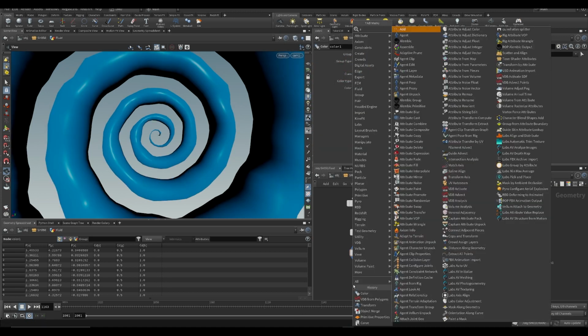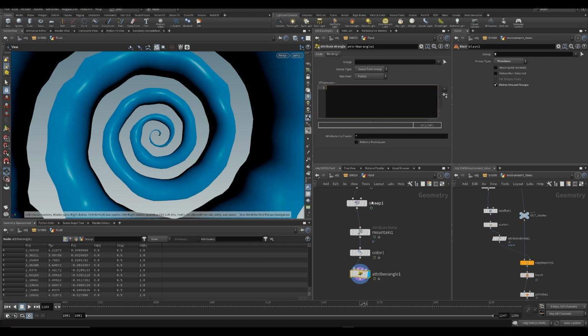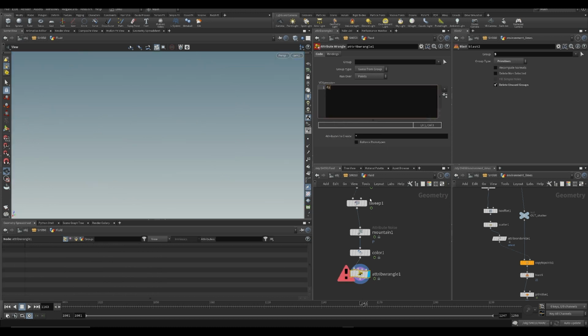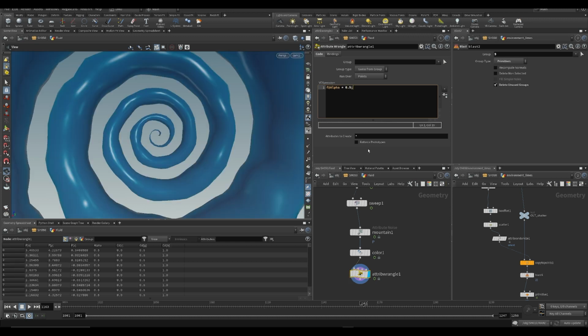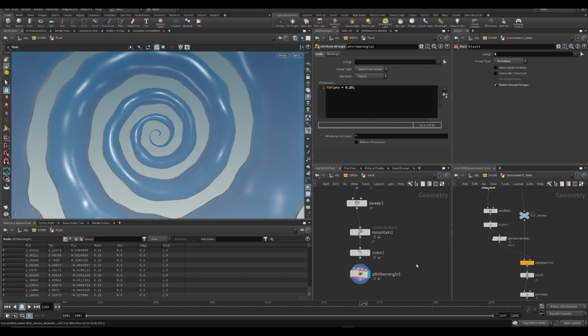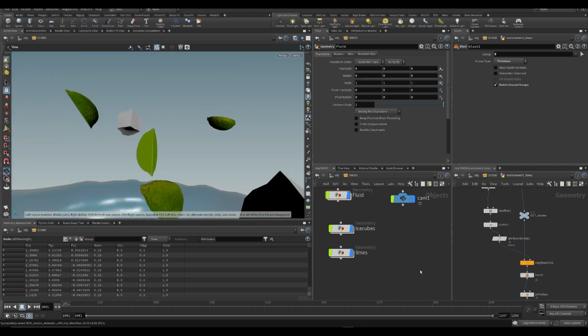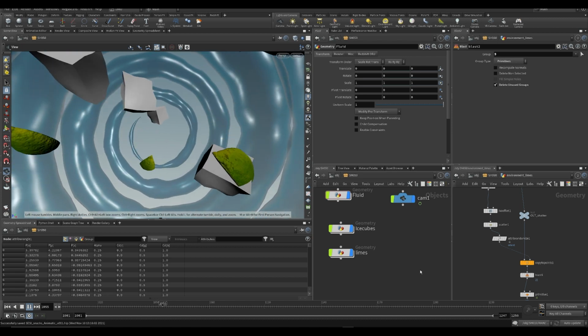That, and let's do attribute wrangle, and let's say f at alpha equals 0.5, right, or 0.25. And control enter to do that. Right, so now it's a little bit see-through, so it's a little bit more like water. So